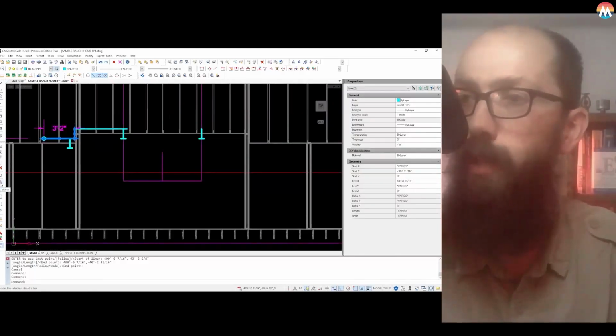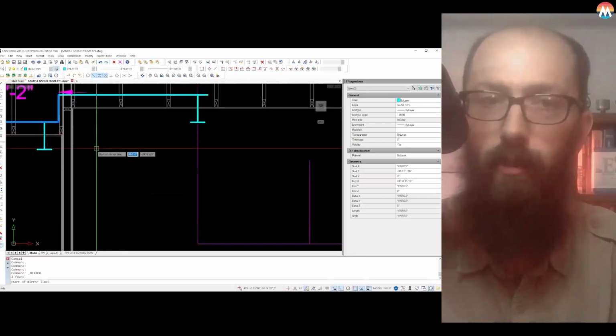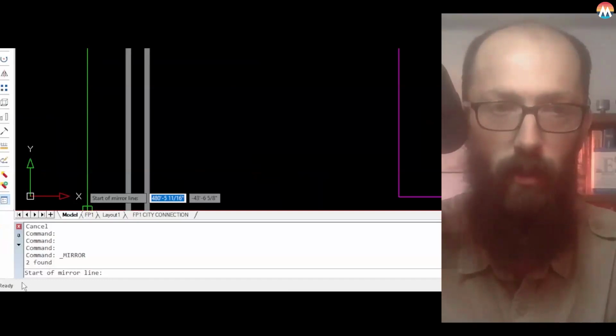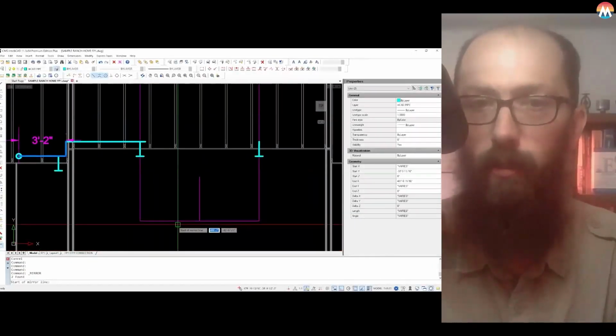And here is mirror. You could also type in mirror in your command bar. But now I have those selected, and it's asking me, oh, I forgot about my zoom. It's asking me to start the mirror line. So I am going to start